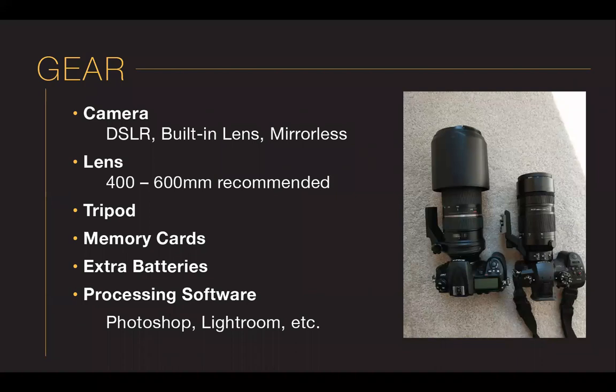So this is the part that I know a lot of people are interested to discuss. There's a few different ways you can go about getting into gear. There's the DSLR, which is what I shoot. There's the cameras with the built-in lenses with the huge zooms on them. A little bit newer style of camera is the mirrorless, which